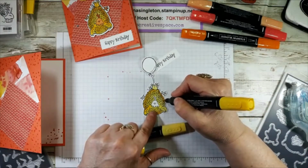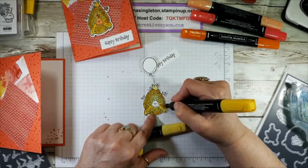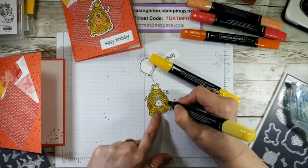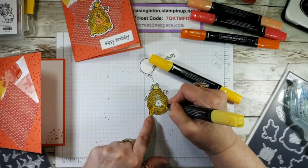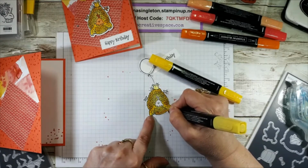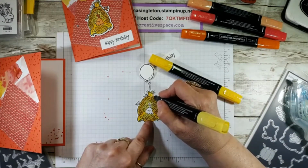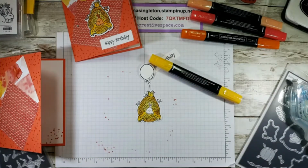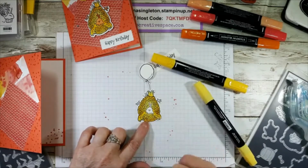When you're done using these, make sure you hear that snap, right? Because you don't want it to dry out. Because these have alcohol in them, they will dry out fast if it doesn't have that snap. So make sure you hear that little snap. All right, I think, let me see. And I like that sometimes you can just go over it with the same color and make it a little darker. All right, so now I don't want to do anything else on her until this dries a little,